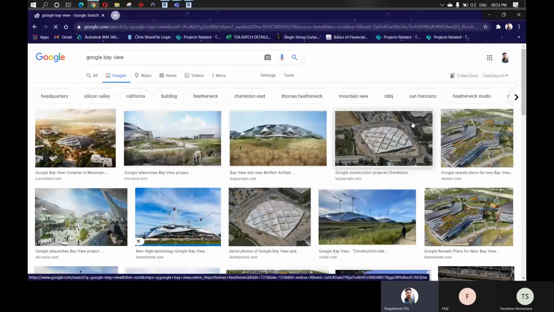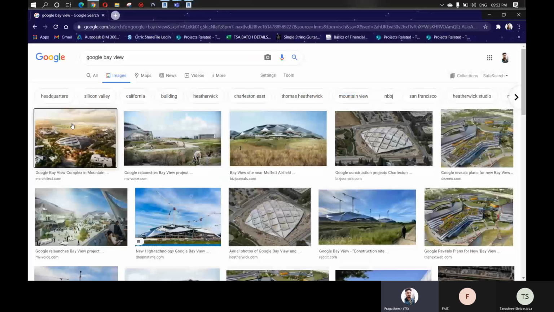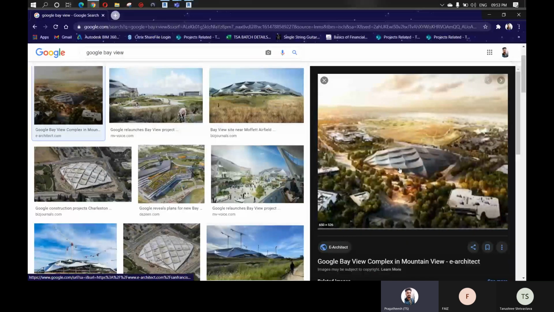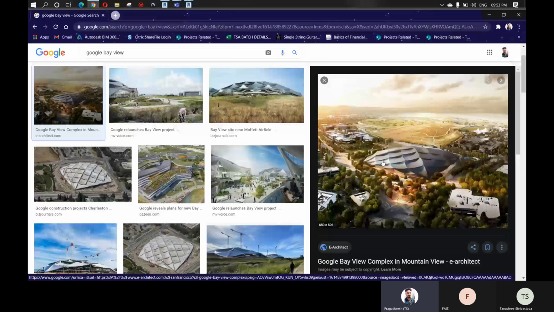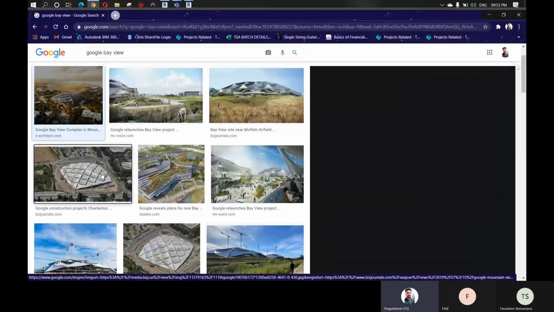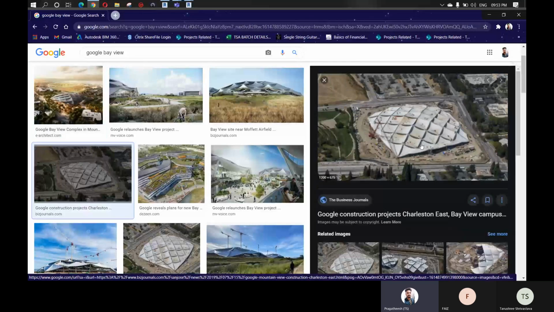So this is one of the projects that we are working on. This is the Google Bay View project. What you're seeing here, these structures, are done with the help of Dynamo. You cannot do this in Revit, and if you did it in Revit, it would not be parametric. But with Dynamo, you can make this kind of structure parametrically, and you can change all these shapes with just a number slider.